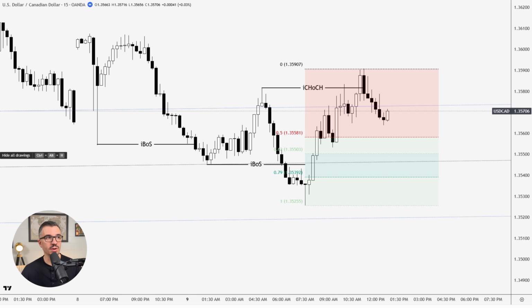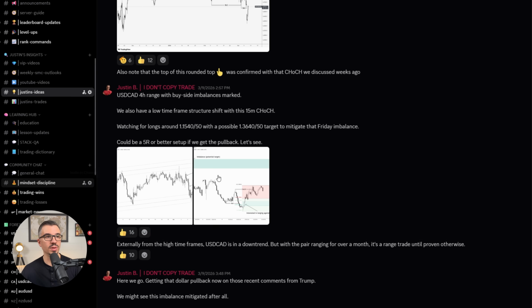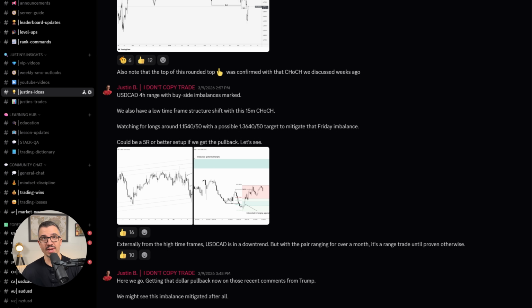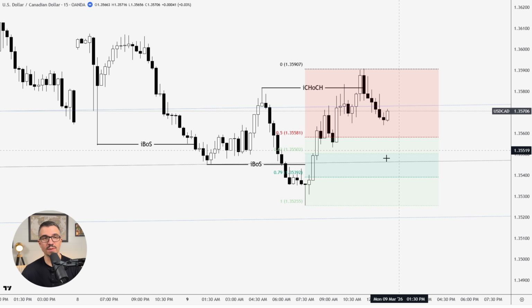Now, what you'll notice here as well is that this displacement, okay, so let's look at this here. This displacement out of this low, you can see that this is an imbalance. Okay, a fair value gap down here that lines up exactly with OTE. And also, if you had noticed in Discord, this is exactly what I told members as well, right? This was the chart that I posted, and this was the OTE. This was the area I even said interested in long and against this. So I even told members ahead of time that this is exactly where I was looking to potentially long this